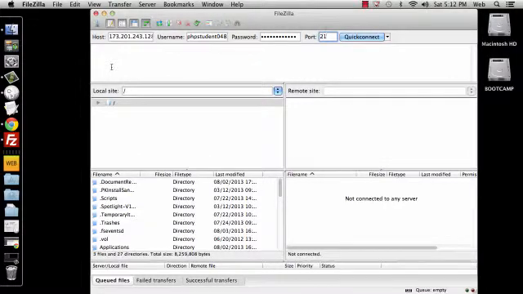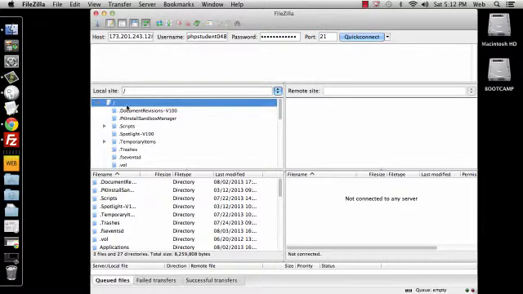Alright, in this demonstration I'm going to show you how to use Filezilla to transfer your files from localhost to the remote class server. Okay, so when you open Filezilla up for the first time, it's going to look something like this. It's going to be a little bit different for people on a Windows computer because of what's going to be on the left side. Your directory pathways for your local computer are going to look a little differently, but basically the interface is the same. So what you want to do here is, if you look on the left,